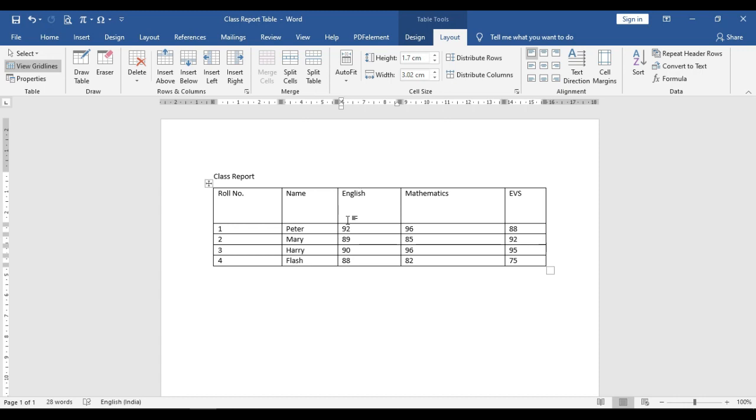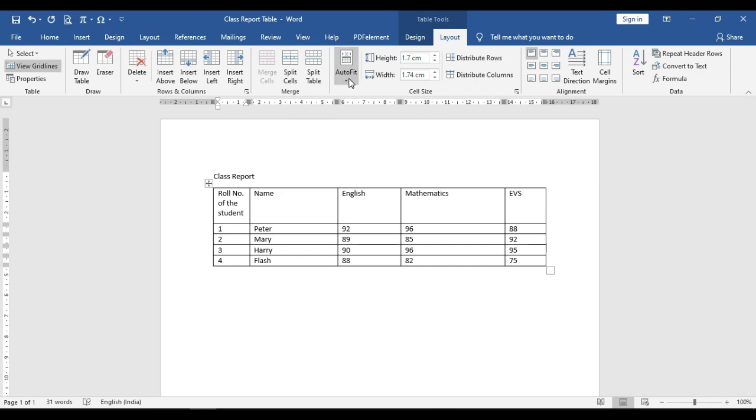Let's check it. So I just shrink this roll number tab. After that I make it fixed column width. After that, look, if I write here anything, what happened? Roll number of the student. Now you can see the text is automatically wrapped to the next line.